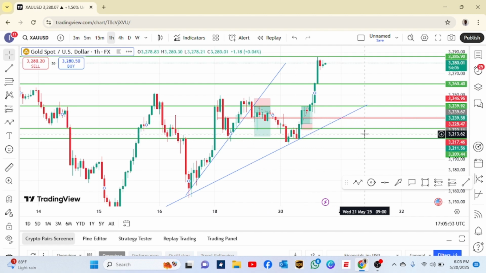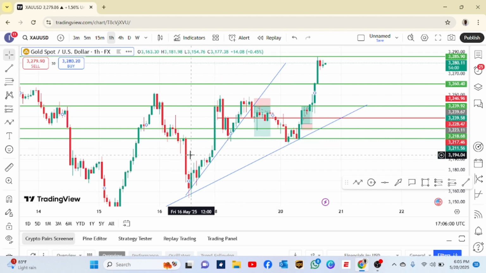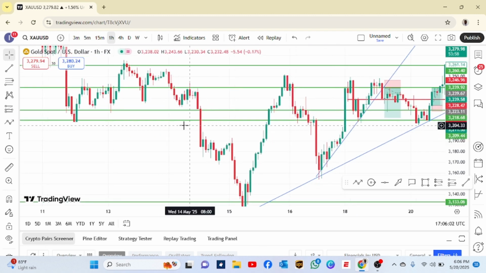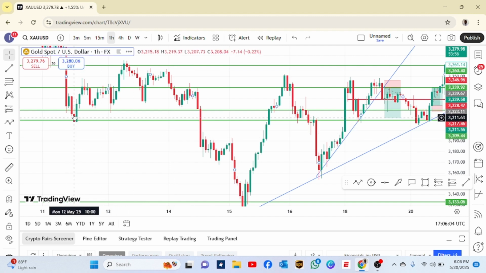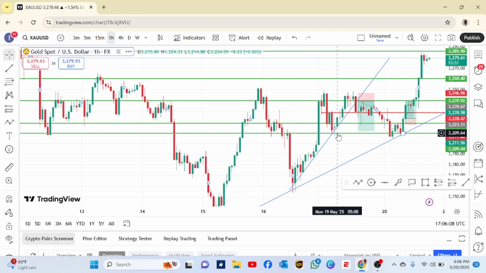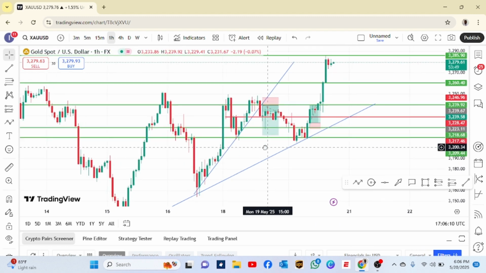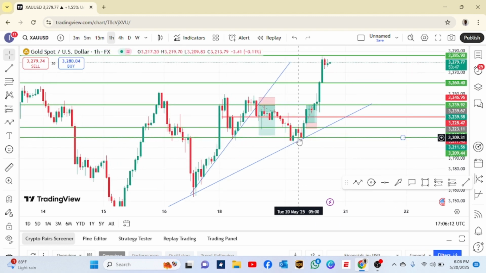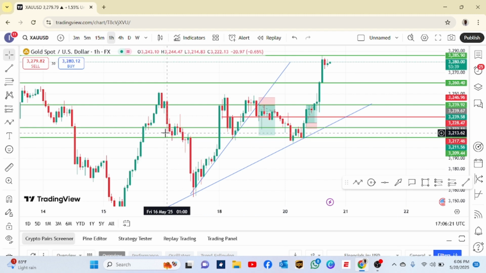So looking at the one today, we also have another level right here. We have another level right here. This is a support level. This is another support. We also have another support. So once I saw that this market gave us a reversal pattern right here, what I basically do is I drew another